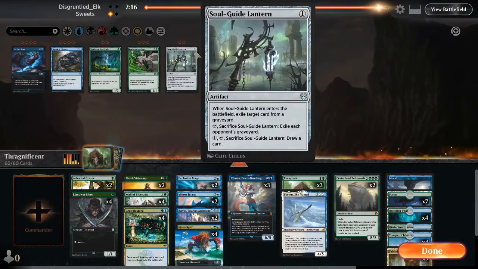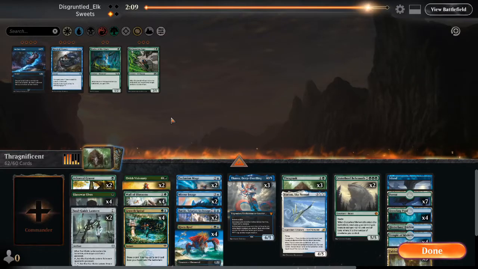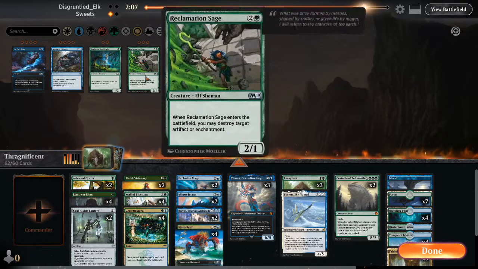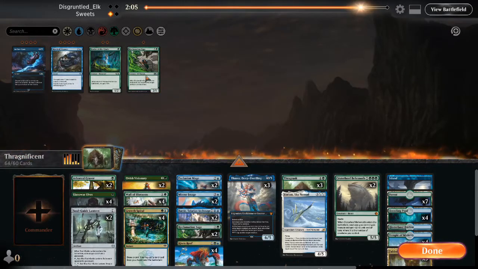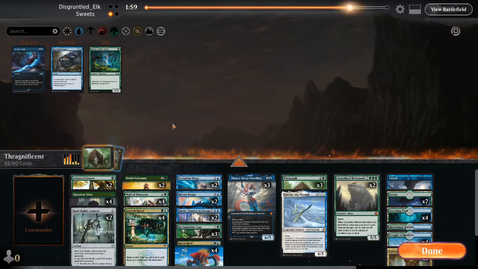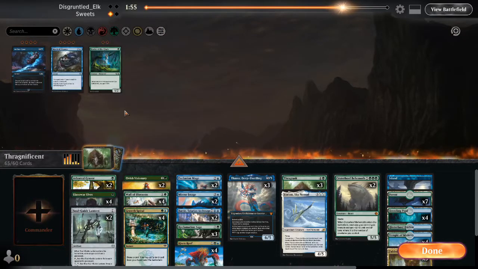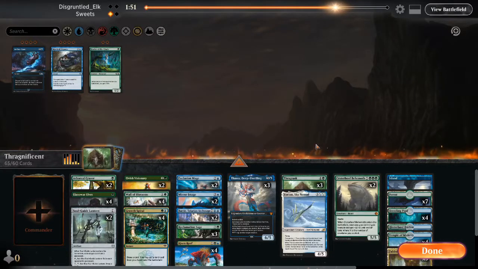I guess we go up to Soul Guide Lantern. It's a little hard to actually snipe the cat with that, but it's probably still worth it to get their Woe Striders and such. I guess Reclamation Sage is worth it too, to go after their ovens. And potentially, if they're also on green, we can go after their Trail of Crumbs. And potentially, Ether Gust is worth it too, although I don't think we're going to go up the Ether Gust here. So we're going to go down...